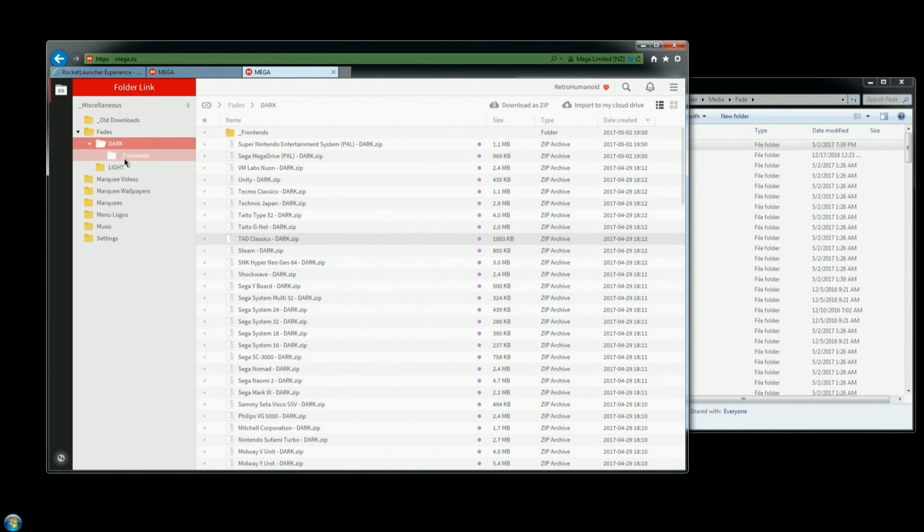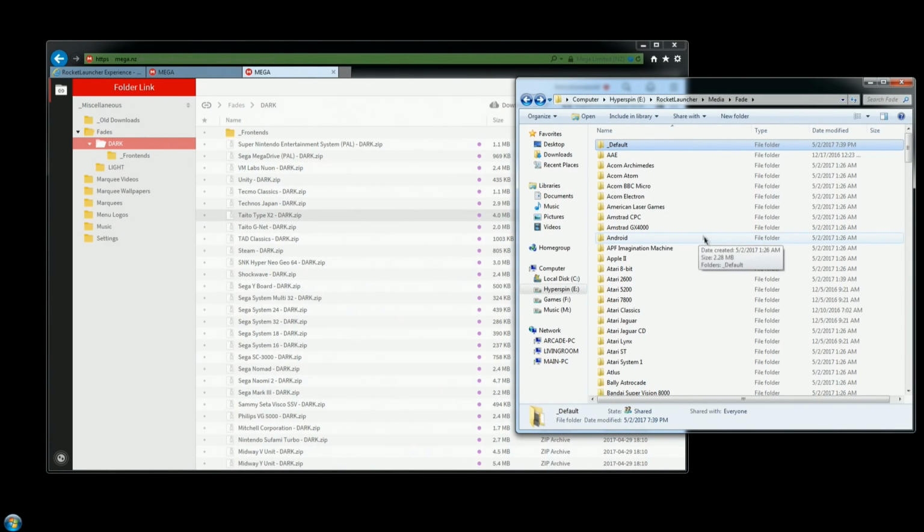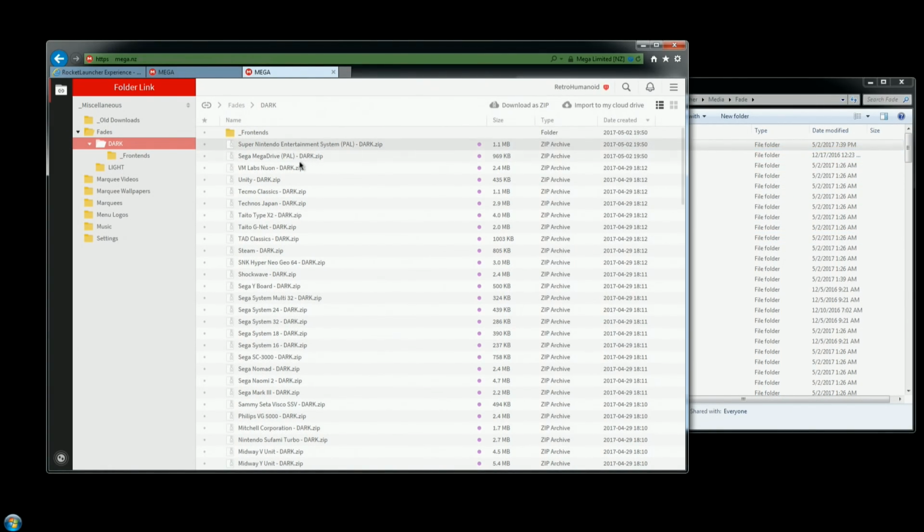So, alright, that covers the dark system folders, and what you're going to do with those is very simple. You want a Super Nintendo, I don't have those systems, so a lot of the recent ones I made for systems that I don't even personally have. Okay, so AAE, you want to put that fade in. You're just going to download it, and